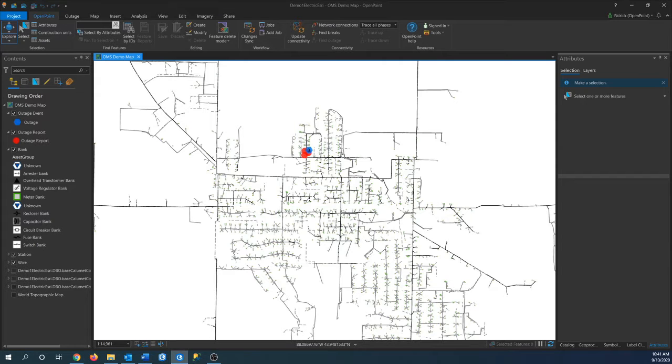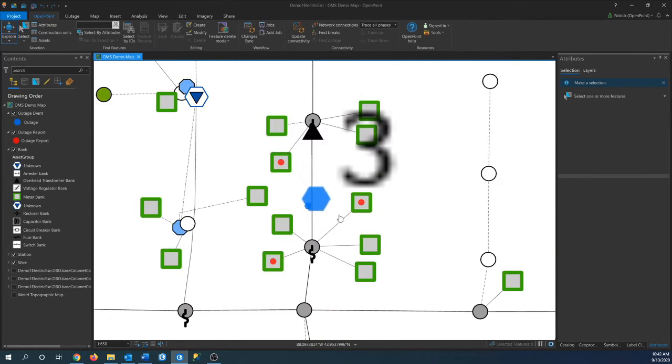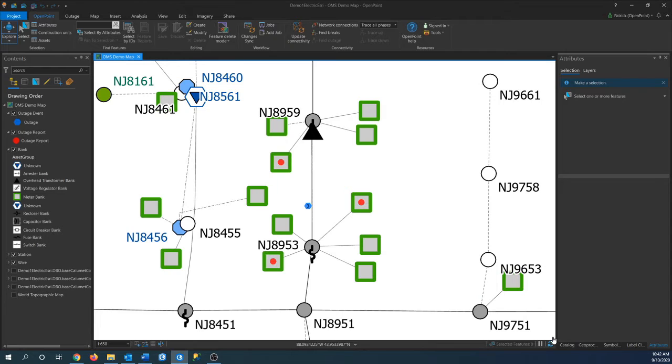Today, we're going to be talking more about outage management. First, let's zoom into our outage and check it out real quick. Here, we can see an outage affecting 3 customers. What we are going to do today is research the cause of the outage and report the outage to the